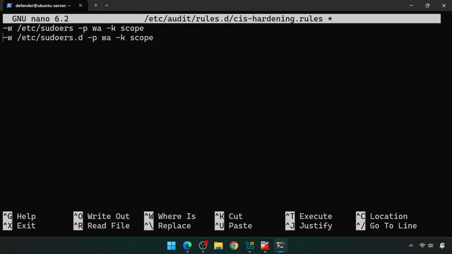These rules monitor any changes to sudo configuration files. The first rule watches /etc/sudoers for write and attribute changes, and tags everything with the key scope. The second rule does the same for the /etc/sudoers.d directory. These are critical because attackers frequently try to modify sudo permissions as a way to escalate their privileges